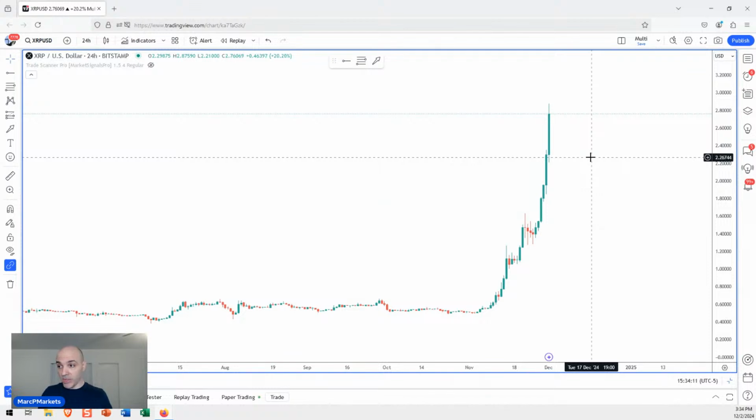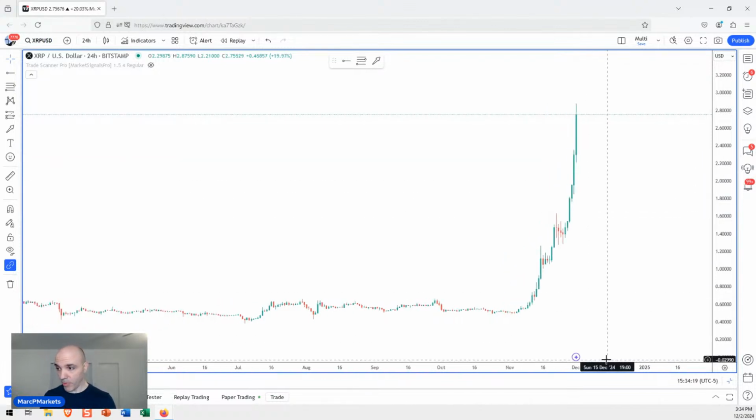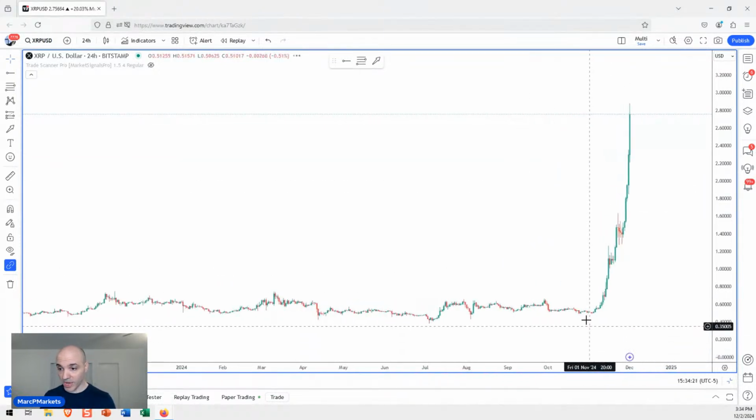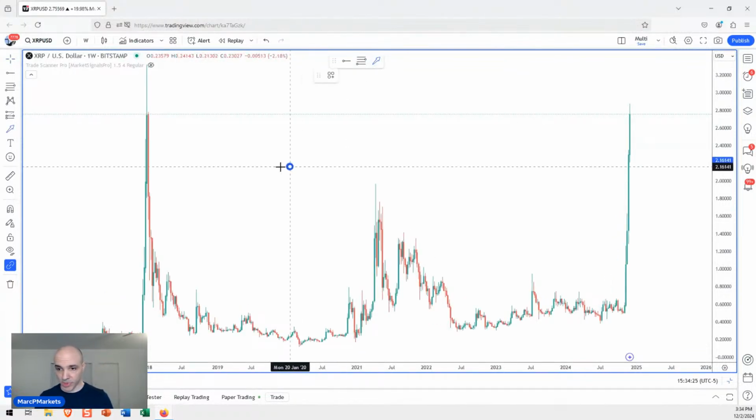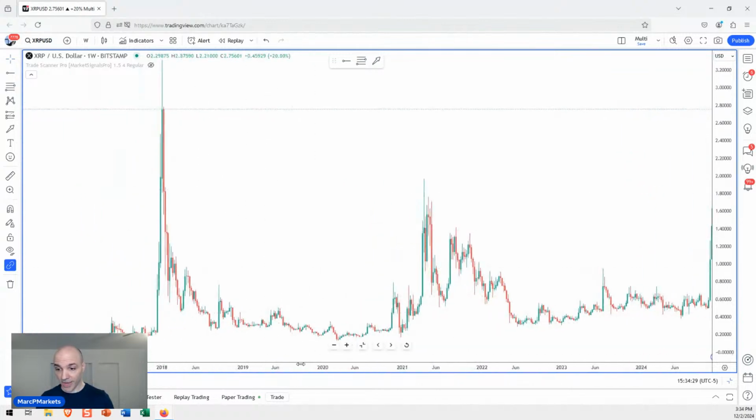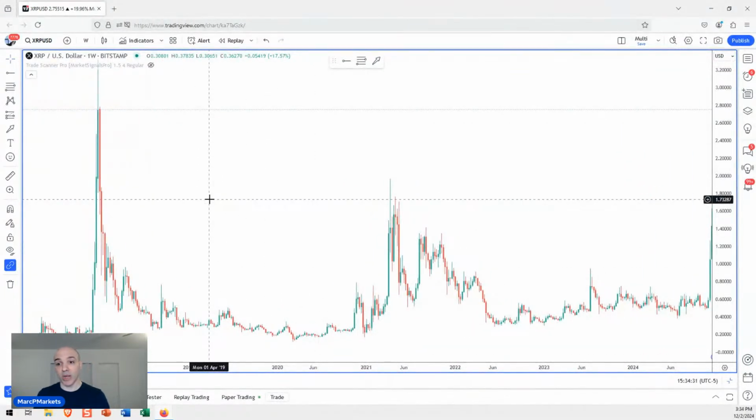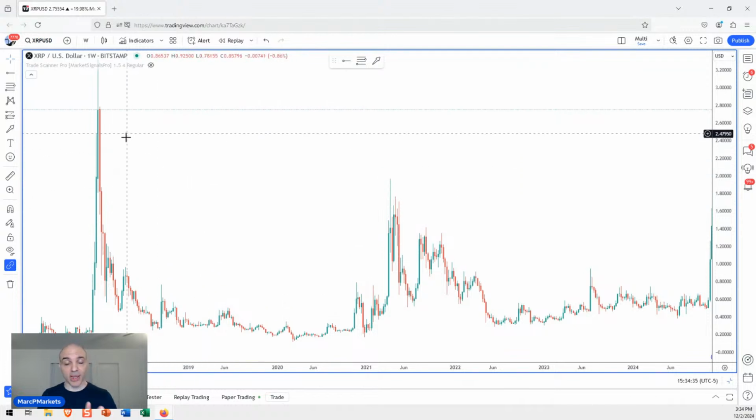And maybe it continues vertical for a little while longer, but once these things peak, all I can say is look out, because the pullback will be dramatic, as we've all seen before, right? Just go back to the weekly, and we see this is the kind of pullback that you are potentially facing. Now, don't get me wrong, I'm not saying we will get that pullback, but that's the risk that you face, something like that.